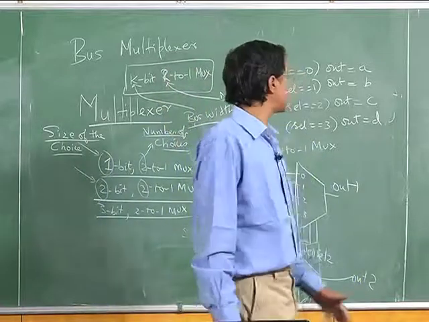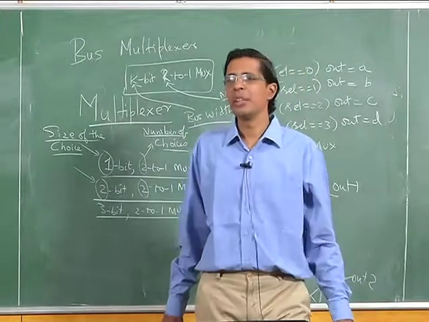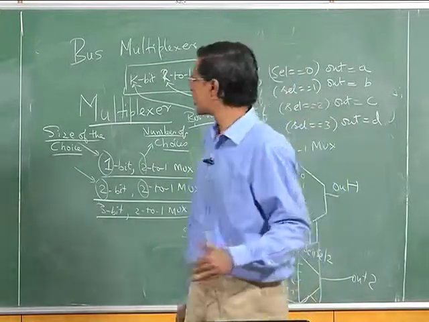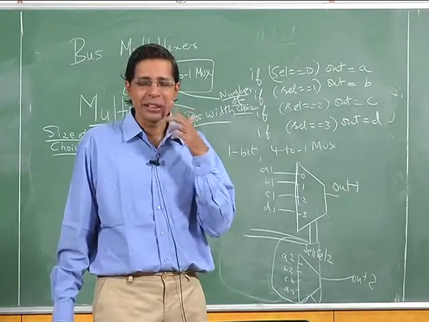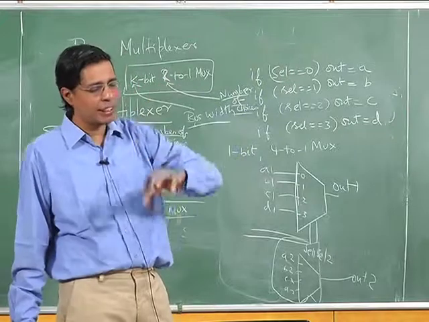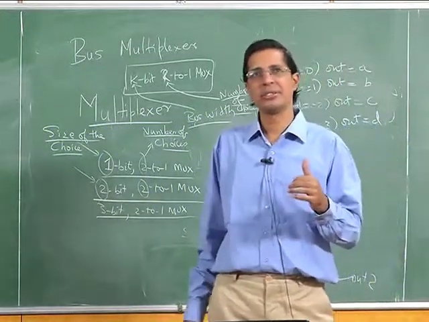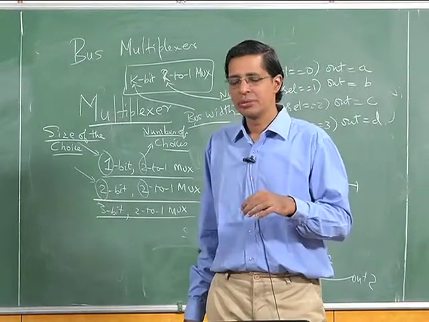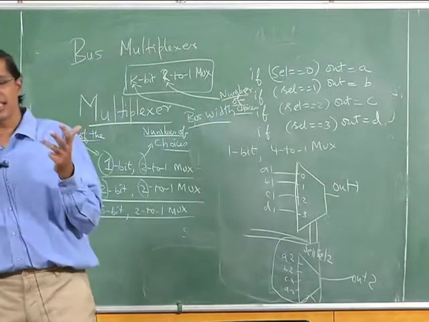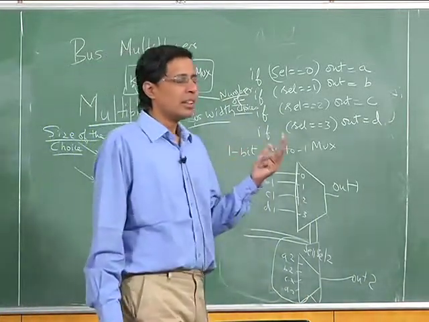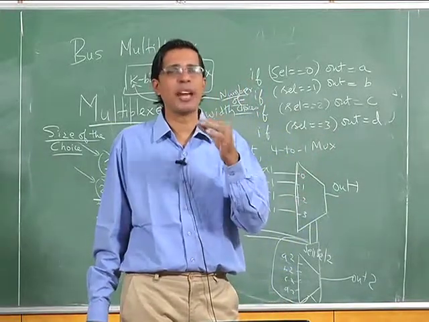When does the PC change its value? The PC changes its value immediately after an instruction is fetched. For example, if you remember, there was an instruction stored at 900. The moment it is fetched from 900 into the CPU, immediately your PC advances to 901. So there were 5 stages: the instruction fetch stage, the instruction decode stage. In the instruction fetch stage itself, the PC changes its value.